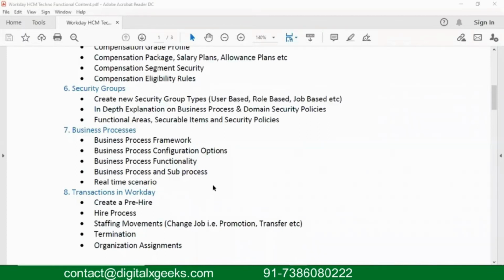Okay, so the last topic in core HCM is transactions. Transactions are something used mostly by support consultants, because whenever you work as a support consultant, you'll immediately get a requirement saying that this employee is not getting benefits information, or this employee is not getting a bonus plan. Just go and check. So you need to know the navigations immediately: where you have to go, where you have to test it, how to debug it, how to navigate it. All these are transactions.